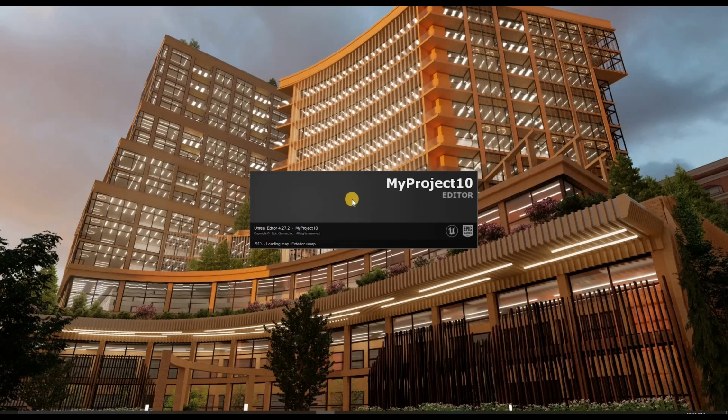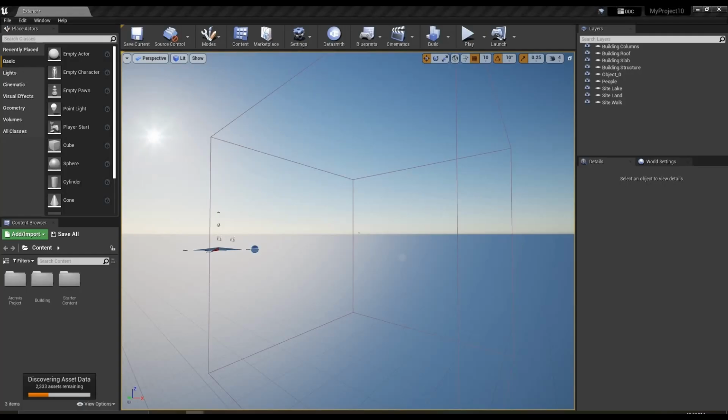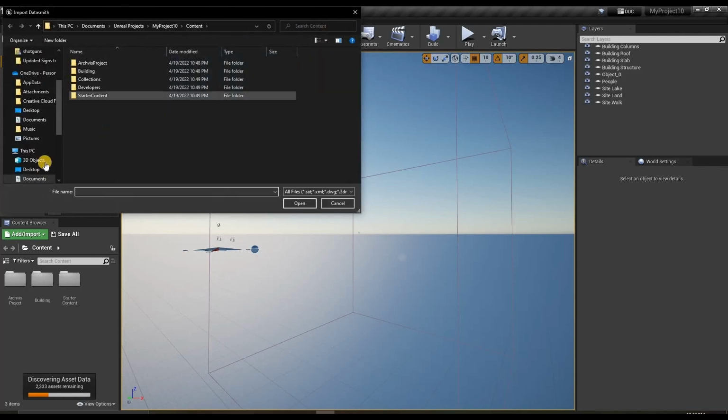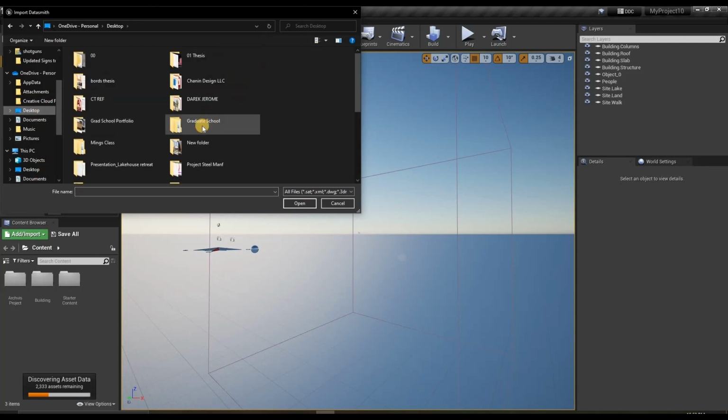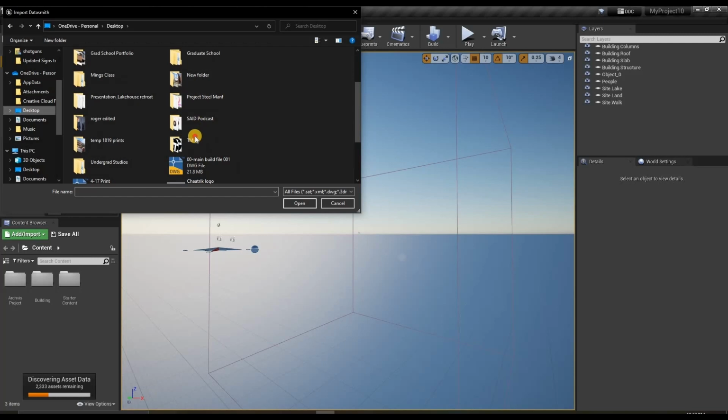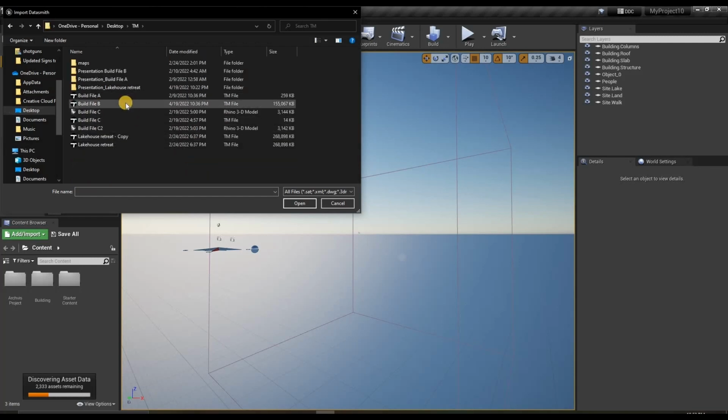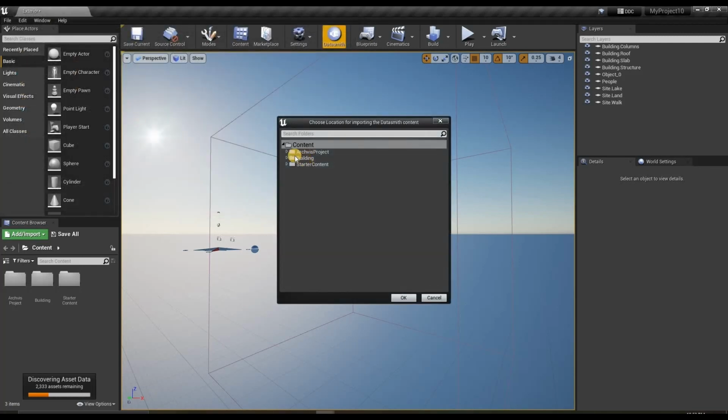All right. So now that the plugins have been enabled, we'll go to the Datasmith, and I'm going to locate the file that I just put together not moments ago, and it's on my desktop. I put it in a Twinmotion folder, and it's build file B, so I'm going to select that, and you're going to see that it has various geometries and materials, and it's all going to be there. And I'll hit OK,